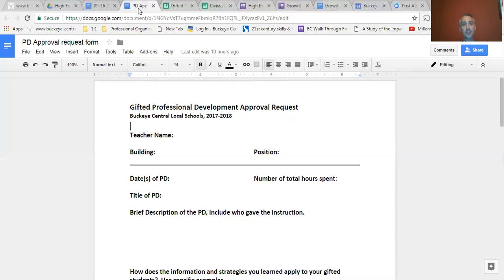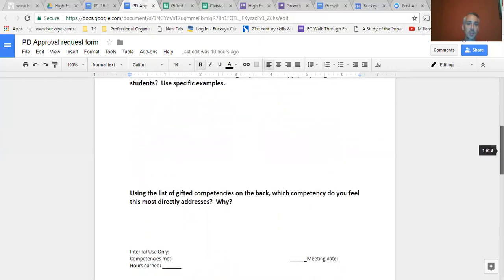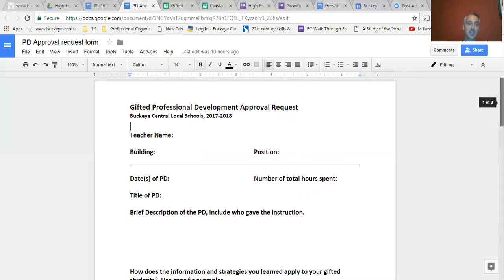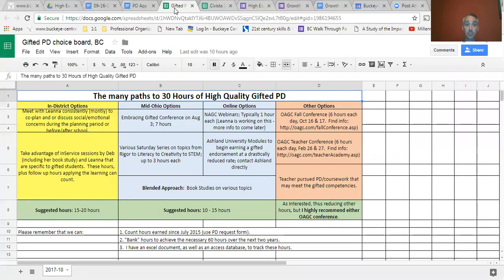You go to the event, you come back, you fill all the stuff out, complete this, and I believe this is what she uses to determine whether or not she can count this as hours towards your gifted time. She's also shared this document with you as well, the different paths that you can take to reach those 30